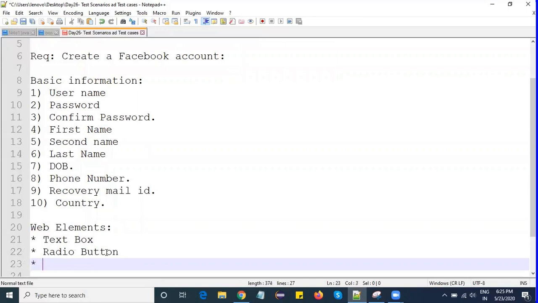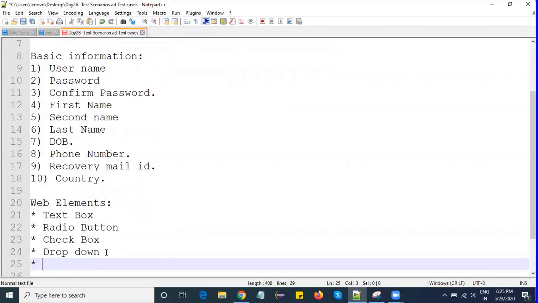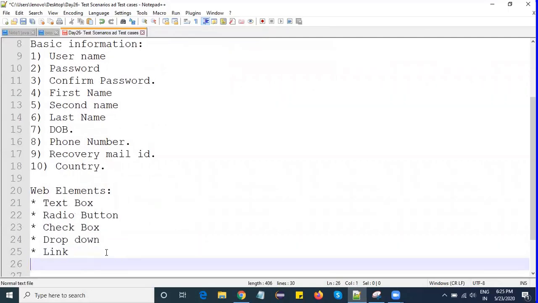The third one is checkbox. The fourth one is drop down. The fifth one is link. The sixth one is button.